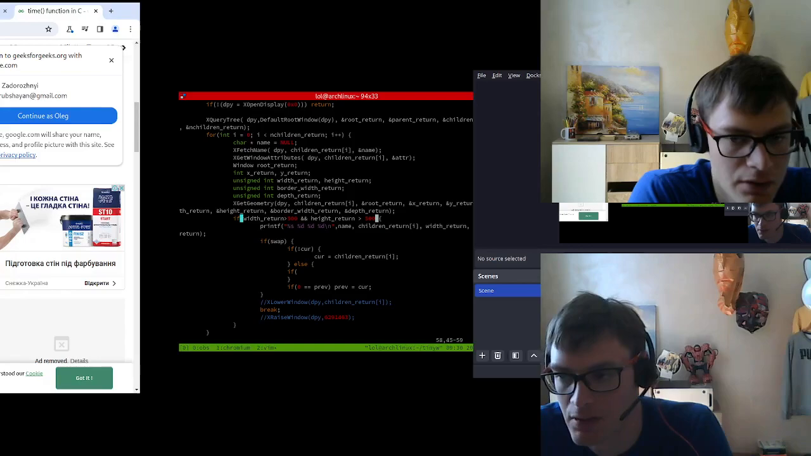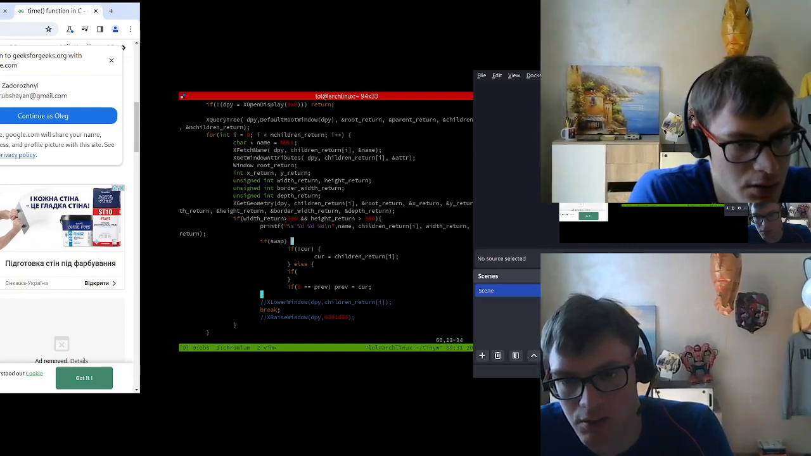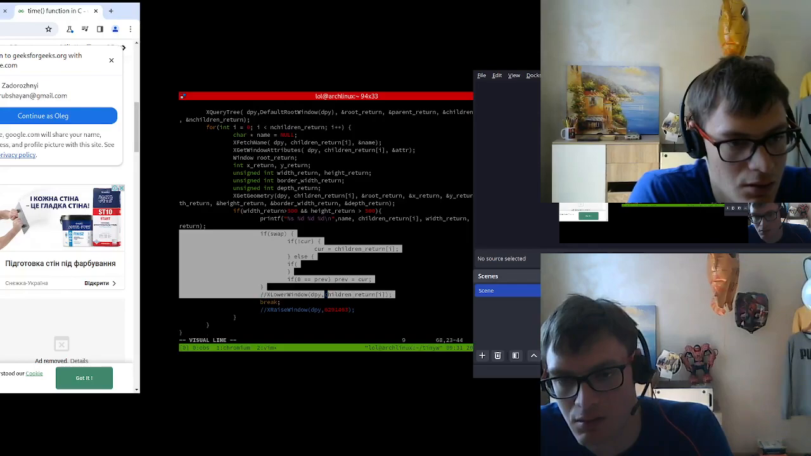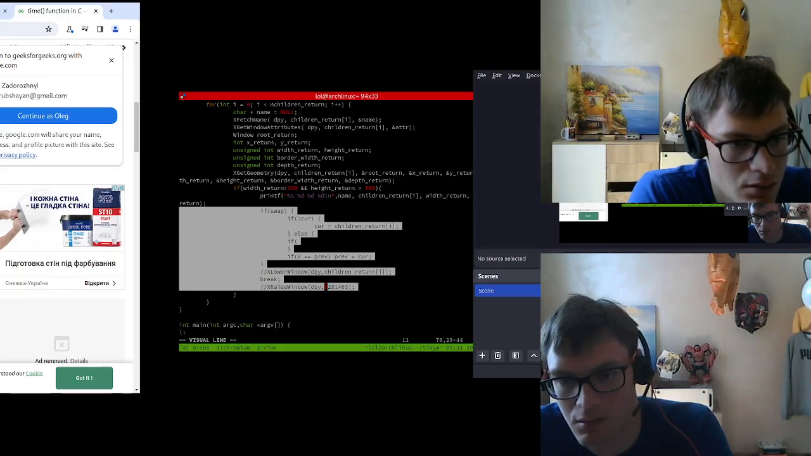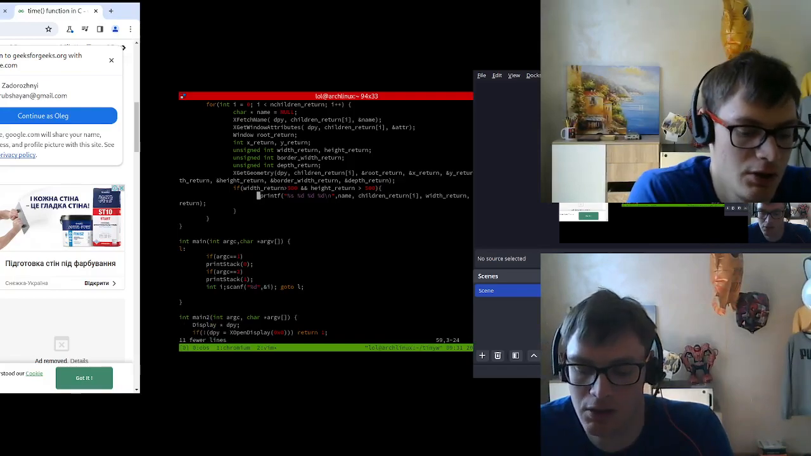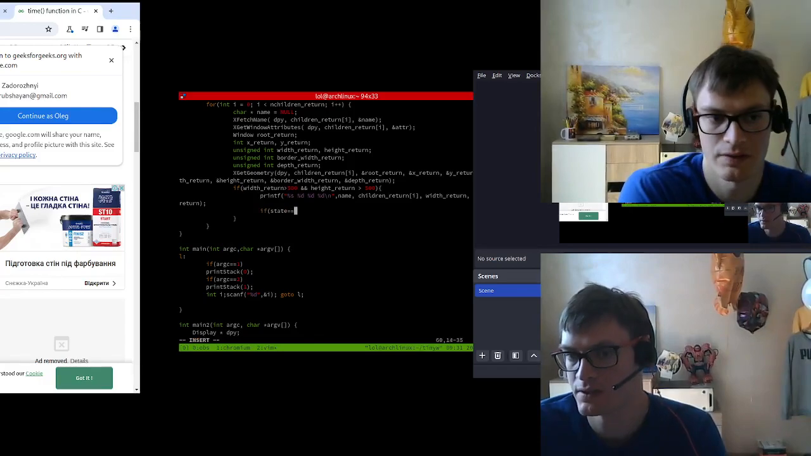If it's a big width, then it's a window, okay, so we can actually do it. So here basically we'll do some real stuff. So if state equals